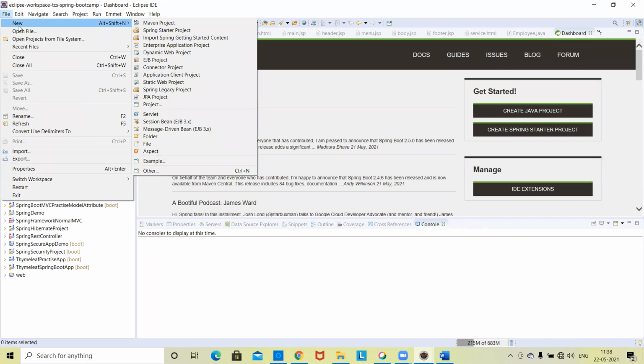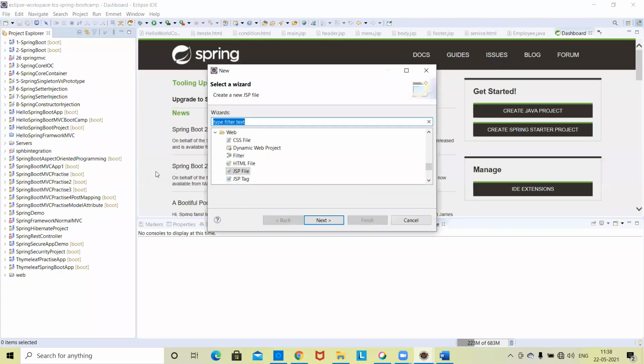So what you need to do, you need to click on Other. There will be multiple options. Open Spring, click Spring Boot, and then click Spring Starter project.